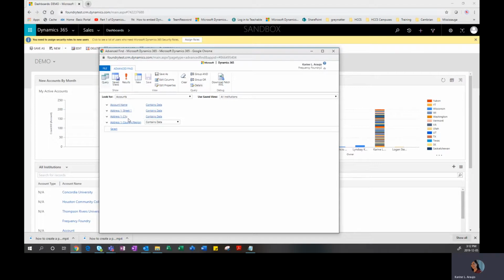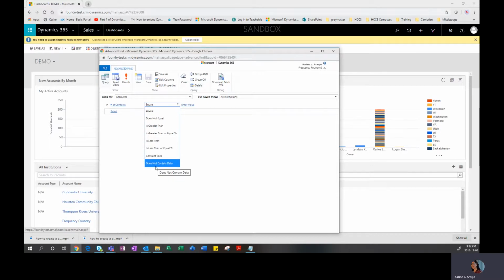So we've got account name, our address, our city, and our country. Let's remove some of these criteria within our view so that we can go a little bit more high level. Okay, so again, I just want to show you what I did. Selecting the drop down arrow gives you the ability to use all of these different criteria to slice and dice the information you want to create within your specific report. Okay, so you have the ability to use whether